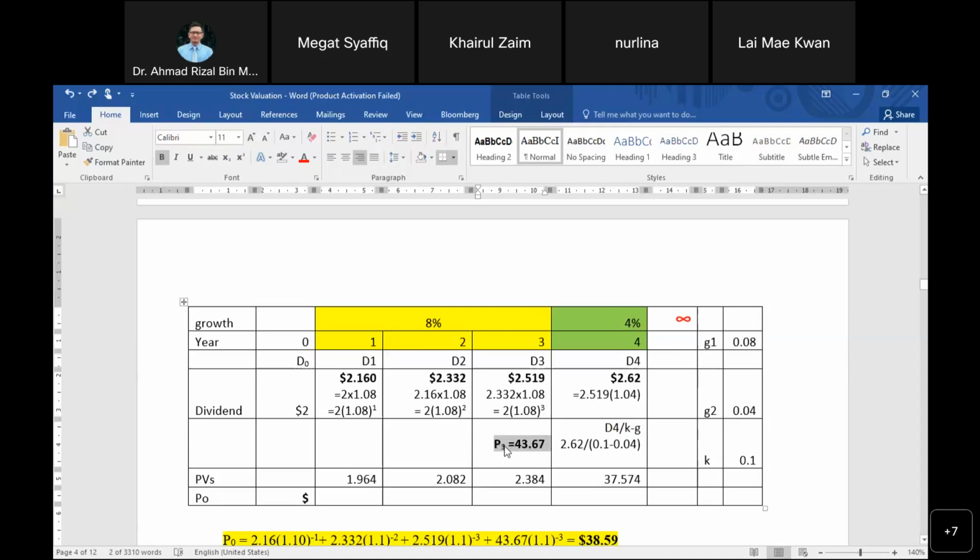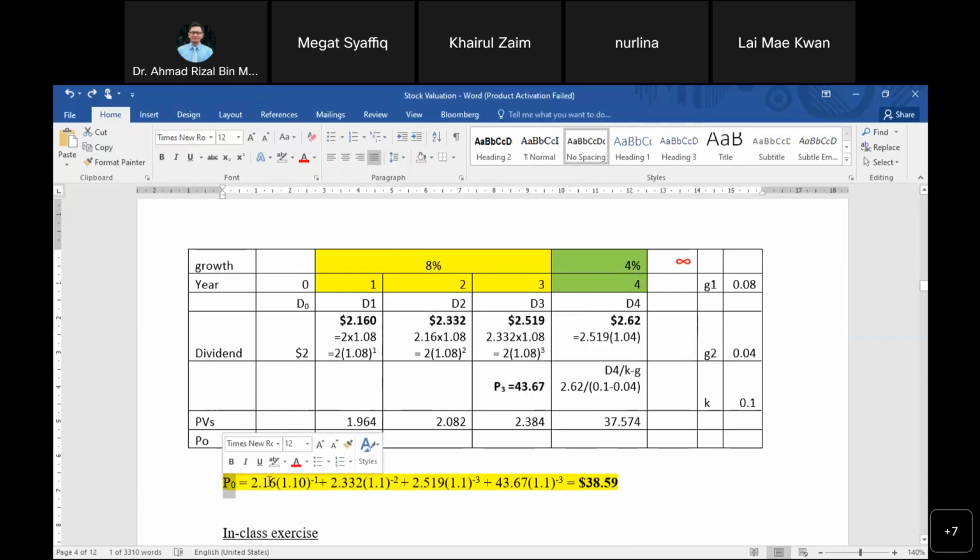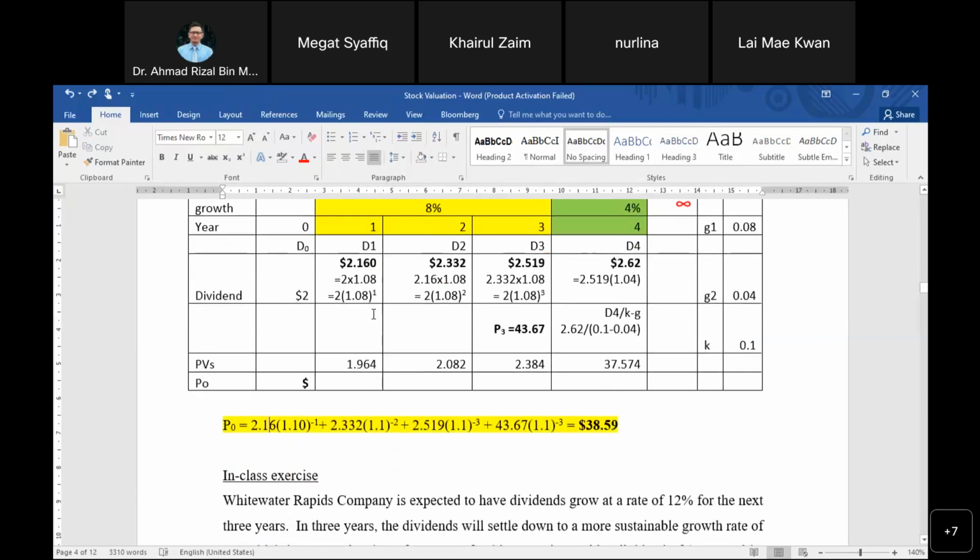So now you stand here to calculate the value of the stock and look in front of you into the future. The cash flows that you have in front of you are the relevant cash flows. 2.16, which is D1, dividend in year 1. 2.332, which is dividend in year 2. 2.519, dividend in year 3. And P3, which is the price of the stock in year 3, which is $43.67. So in order to find P0,